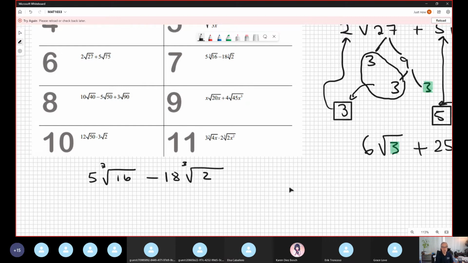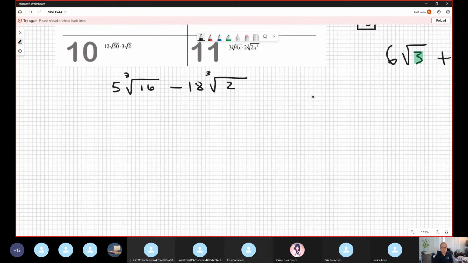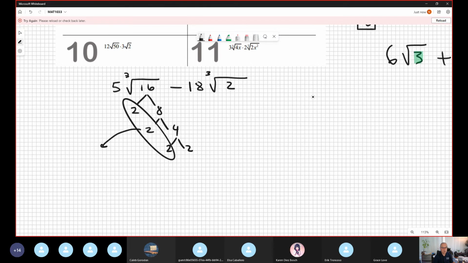Okay, let's do it. Now 16, prime factorization: divided by 2 is 8, divided by 2 is 4, and 2, 2. It's obvious, no? 16 is the multiplication of 2, 2, 2, and 2. But we are working with the cubic root, so these three 2s go outside like a 2, and this 2 meets with the 5 to make 10,